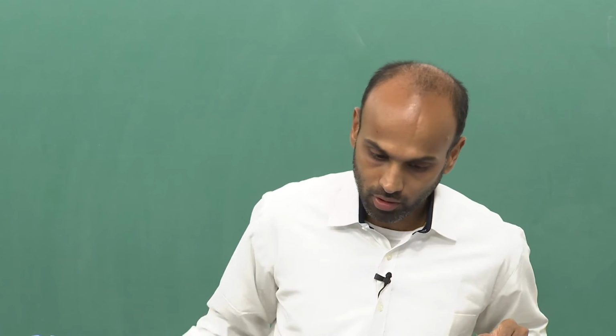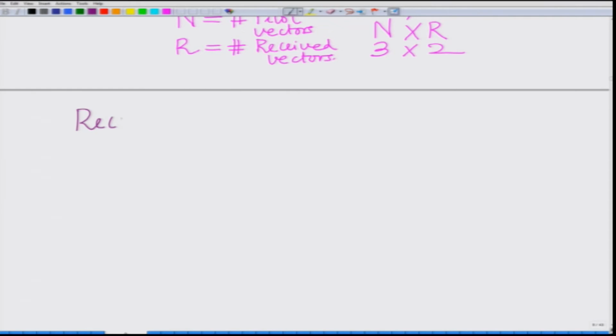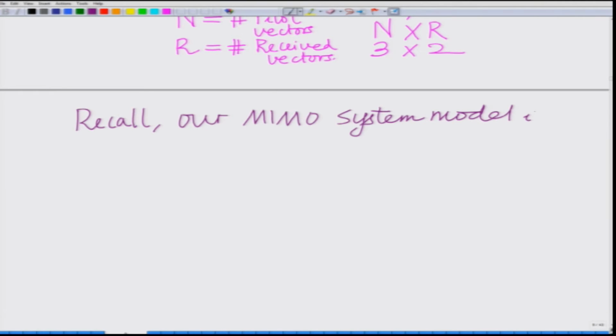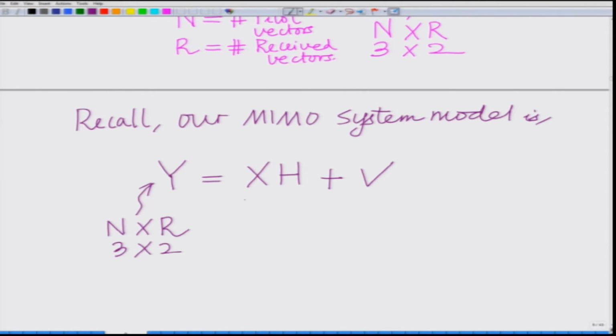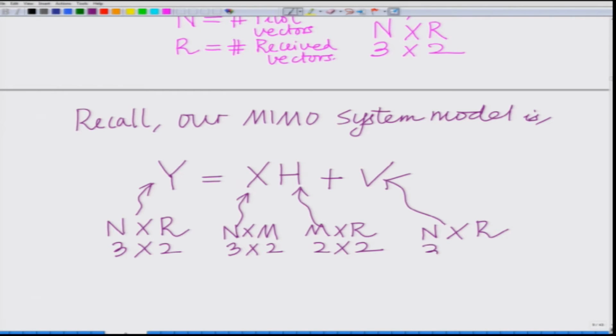Recall our MIMO system model, Y equals XH plus V. Here Y is N cross R, in this case 3 cross 2, X is N cross M, in this case again 3 cross 2, H is M cross R, in this case 2 cross 2, and V is again N cross R, in this case a 3